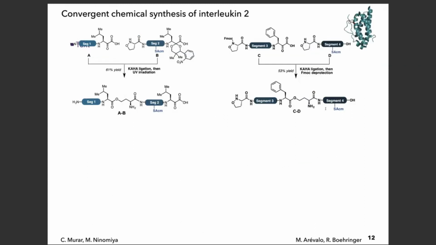And likewise, if we're making longer proteins such as interleukins, we typically assemble this from 4 segments. So we prepare these 4 different peptide segments, again, typically around 40 amino acids each. We have a protected keto acid, a protected hydroxylamine. We perform the KAHA ligations, and then in the same reaction, we remove the protecting group here by light and